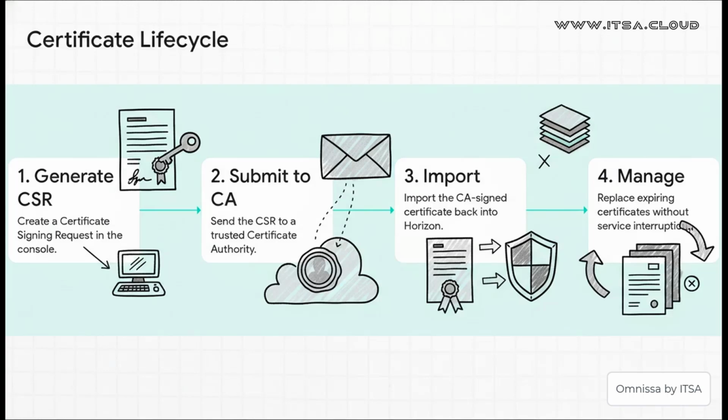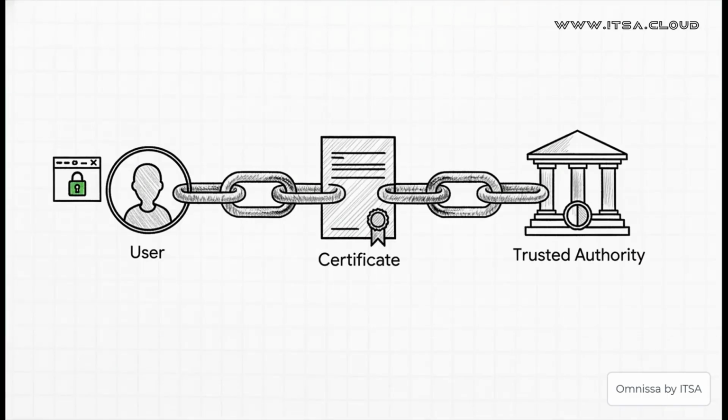First, you generate a certificate signing request, or a CSR. You can think of that as the application form for your official ID. Second, you send that application to a trusted certificate authority. Third, they sign it, verify it, send it back, and you just import it into Horizon. And finally, number 4, you can manage the whole lifecycle right from the console when it's time to renew. It's that easy. And the end result of all this is what's known as maintaining the chain of trust. It means that when a user connects, their device can actually verify your server's identity all the way back to a trusted root authority. For the user, this means no more scary browser warnings. And for you, it means a secure, verified connection you can count on.